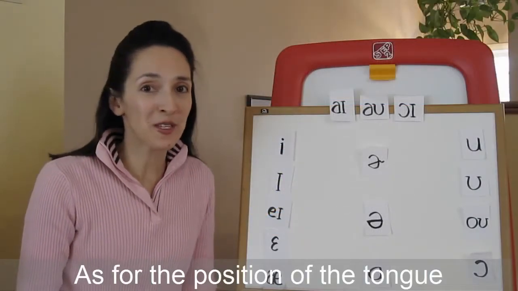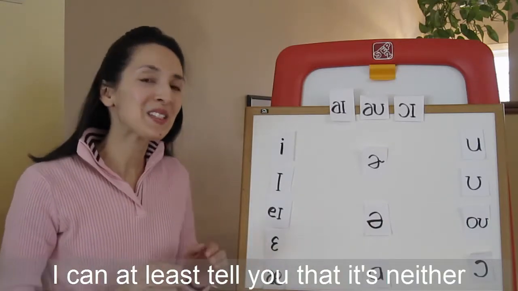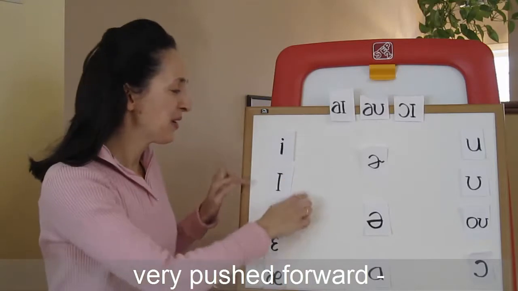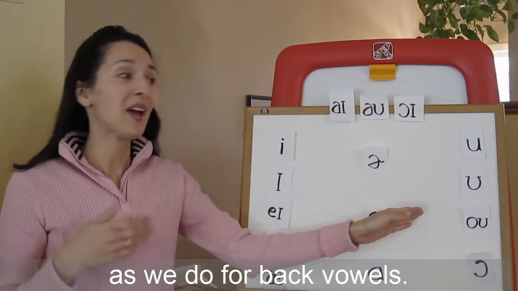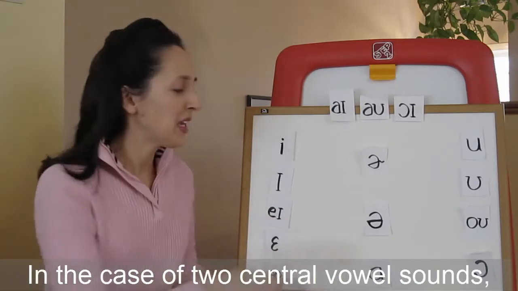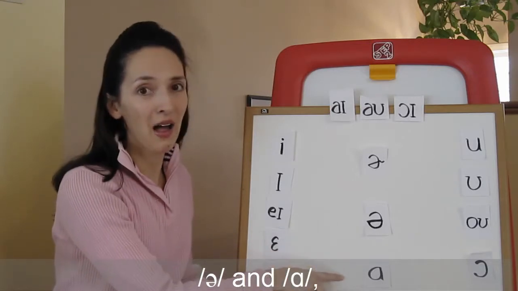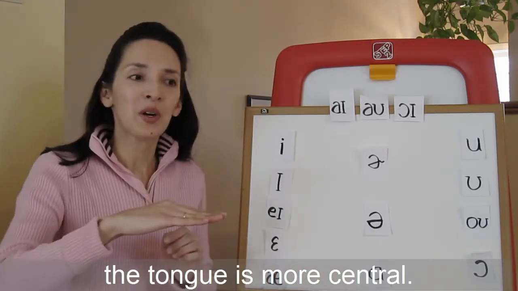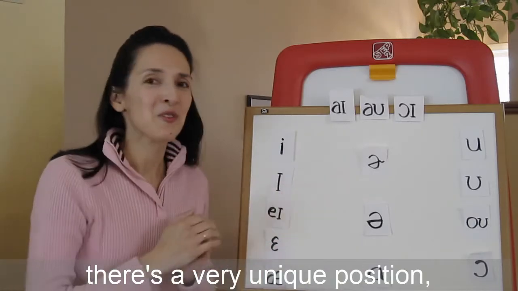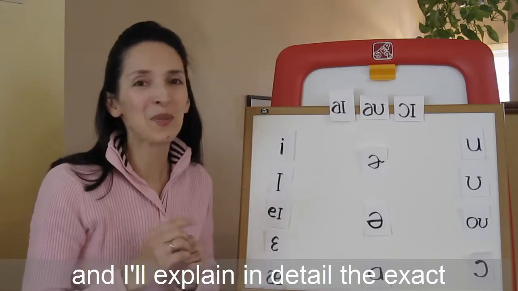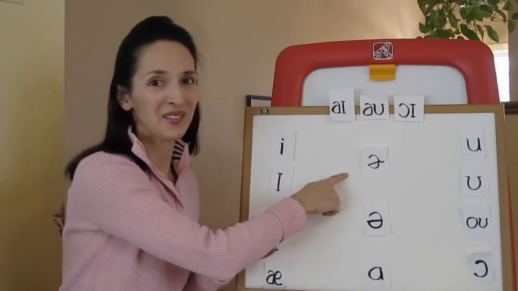As for the position of the tongue to make central vowel sounds, I can at least tell you that it's neither very pushed forward, as we do for front vowels, or very pulled back, as we do for back vowels. In the case of 2 central vowel sounds, and ah, the tongue is more central. In the case of there's a very unique position, and I'll explain in detail the exact position your tongue needs to take for